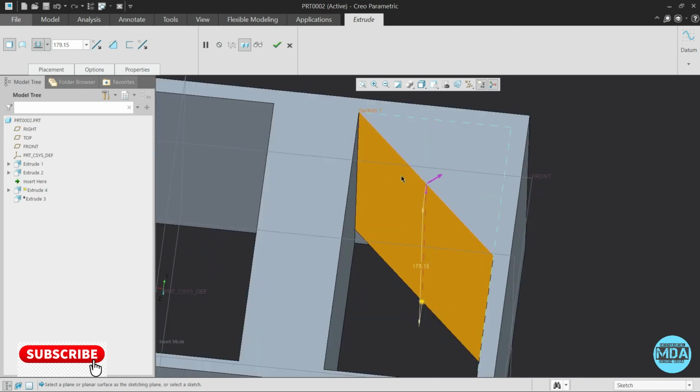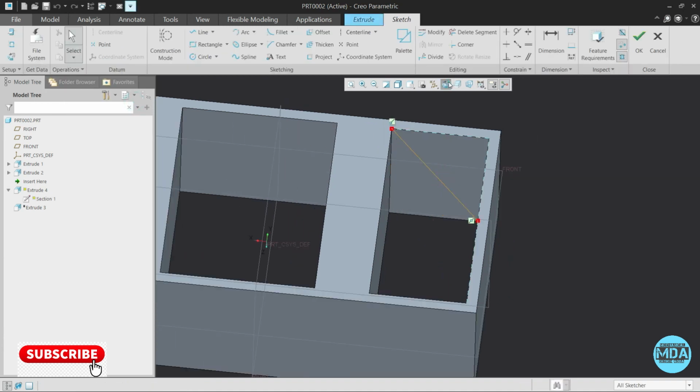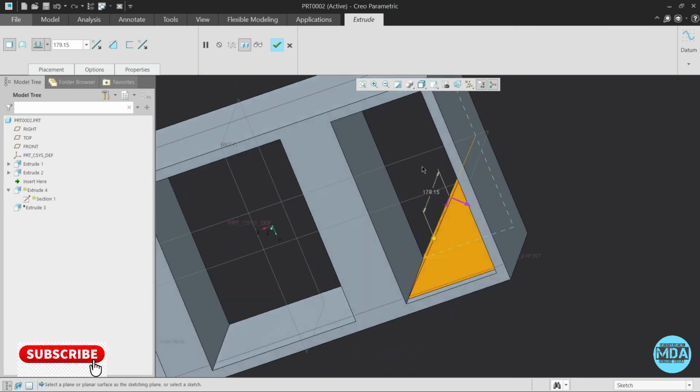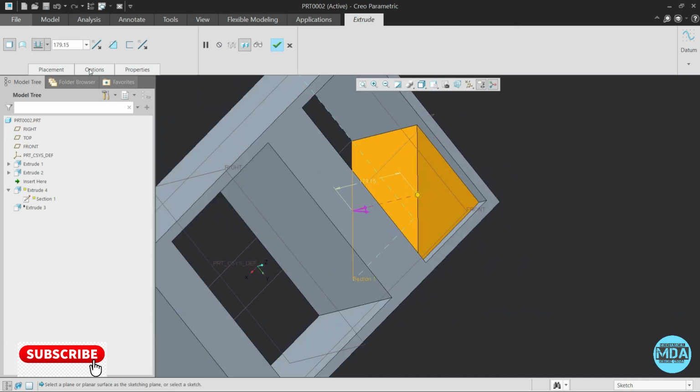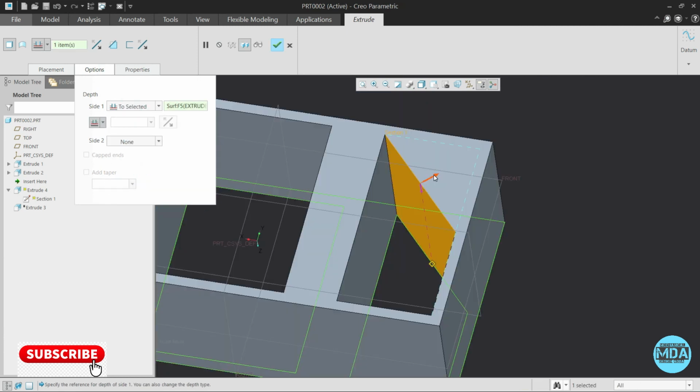You can see that a solid portion is created because the adjacent edges are there, and those adjacent edges are creating the closed loop. That's why the open loop is created as a solid. Remember this situation so that you can easily use it while modeling.